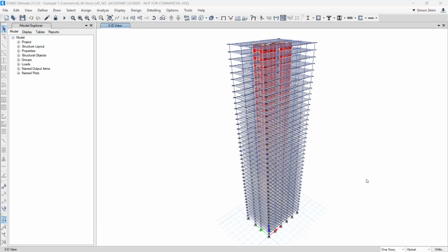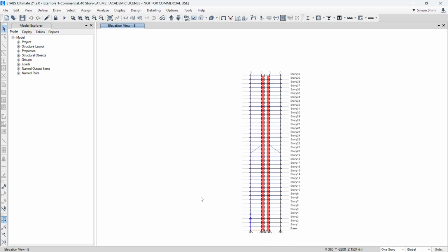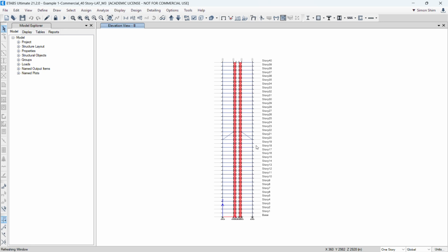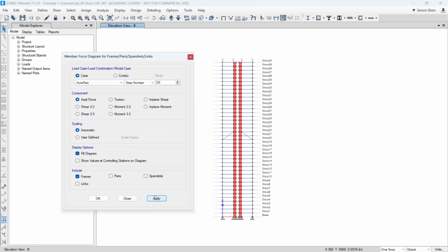Alright, C495. Let's move on to the foundation design. Assume every team has finished your structural system and member sizing. In the previous video, we talked about the construction sequence analysis. I'm just showing you that load again, this time using auto construction sequence analysis, as a reminder of the actual force